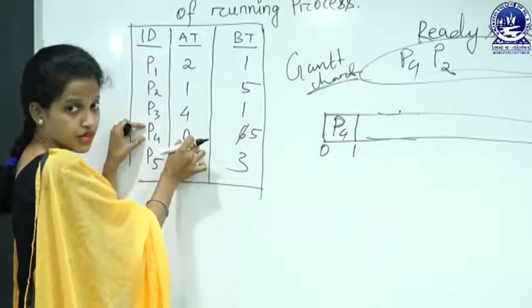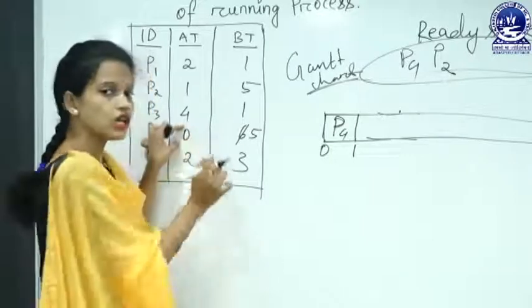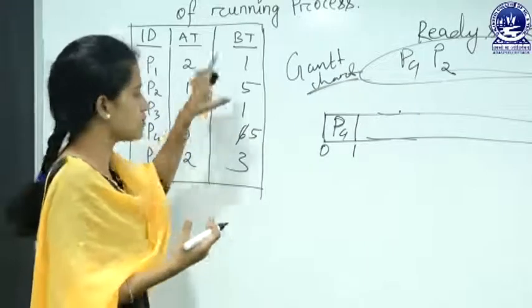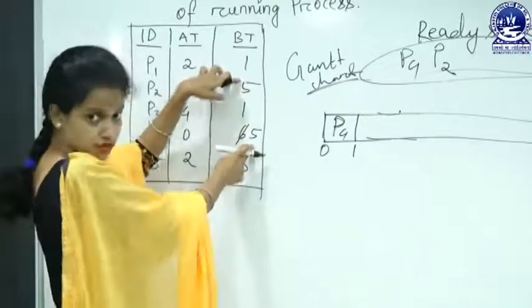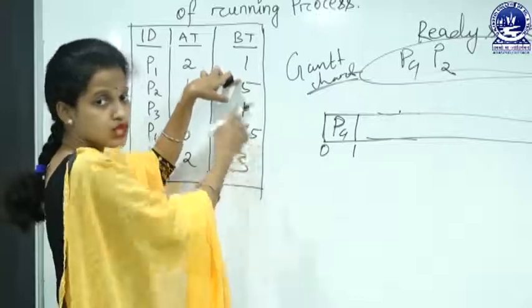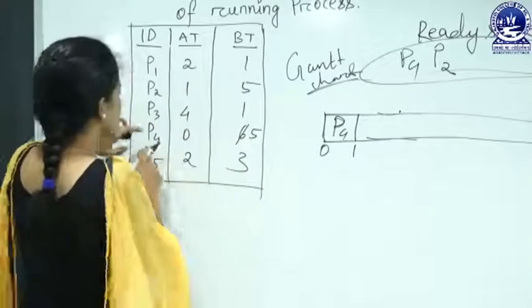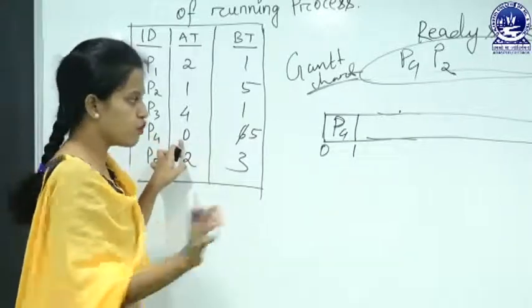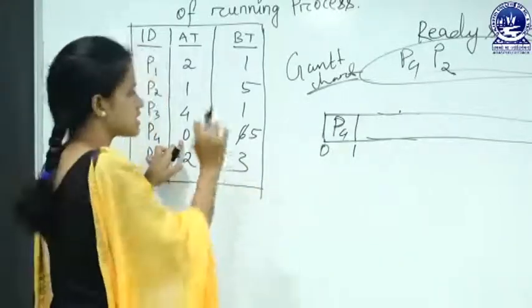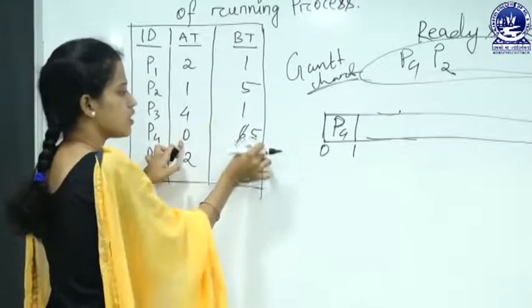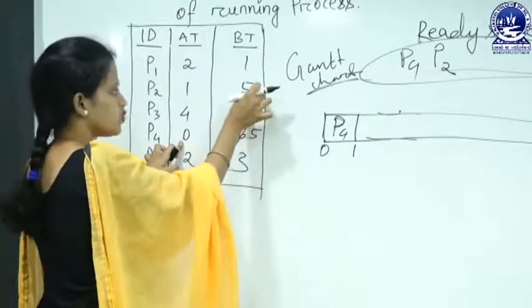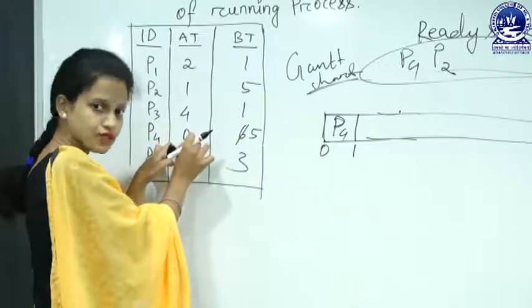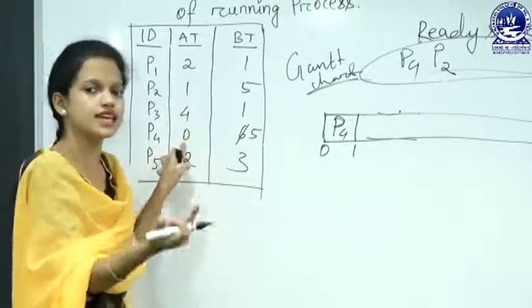0. In FCFS, we saw the arrival time, but now we already saw the burst time, and burst time is same. So we have to apply FCFS. Which process comes first? P4 comes first. So we cannot remove P4 from the CPU, because the burst time of the P4 and the P2 is the same, and P4 comes at the ready state first.